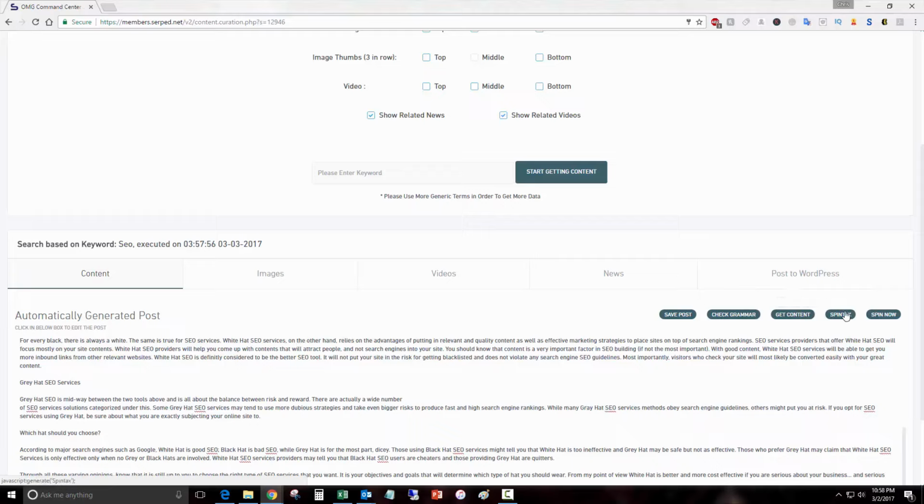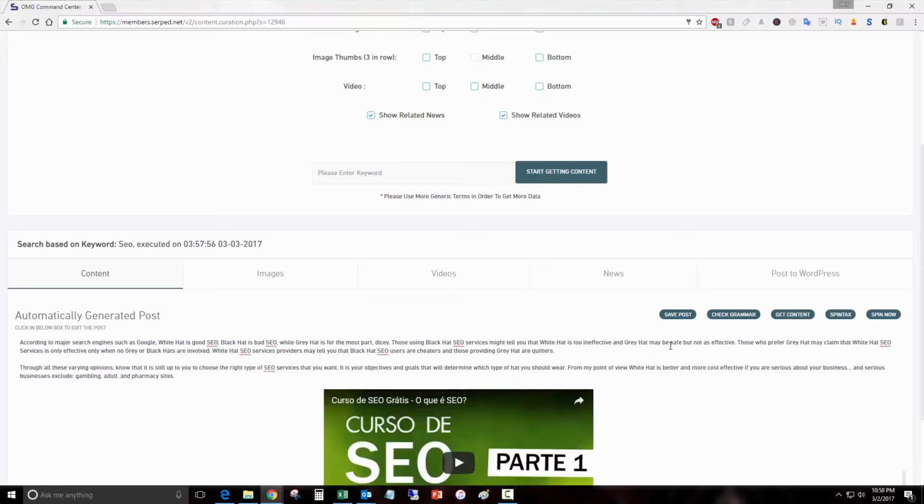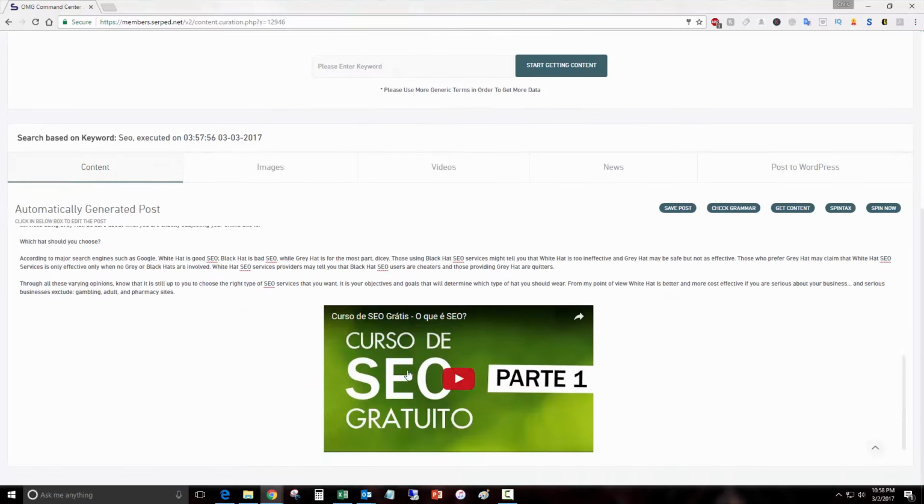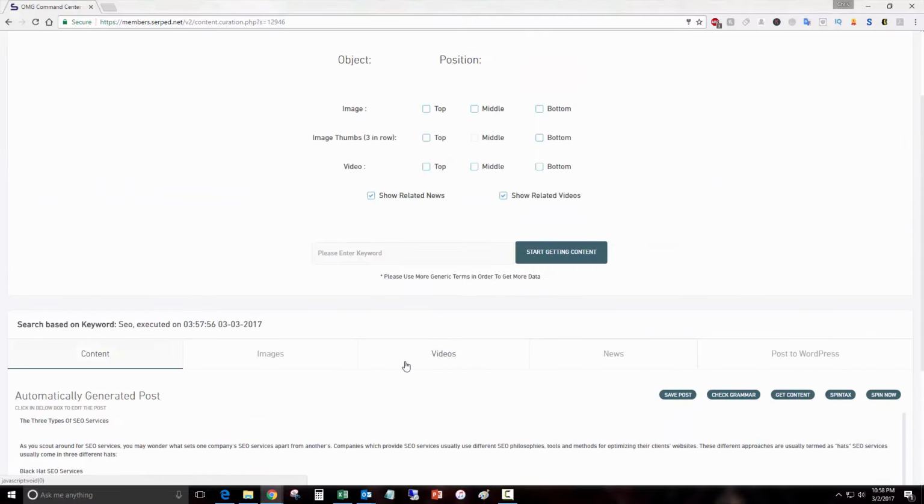You can get content based on it. You can add spin tags. You can spin it. You can post it right to your site from here. It has a video built into it and a picture. So this is really a good way to save a lot of time and a lot of money on content,